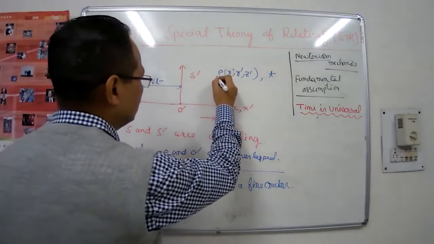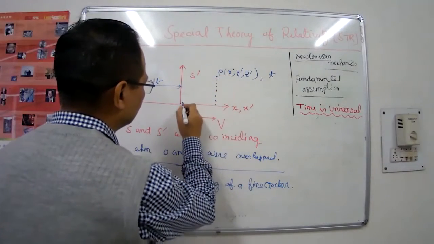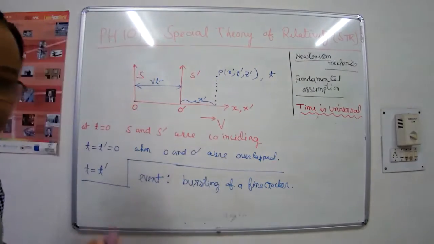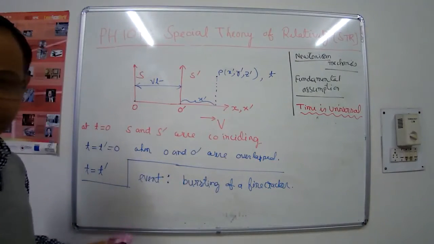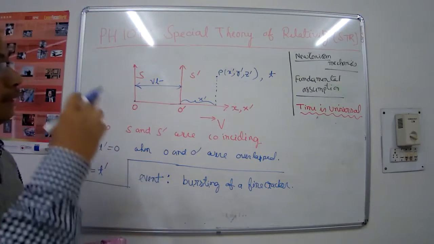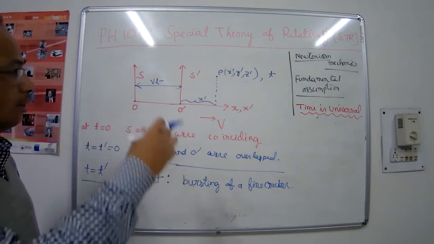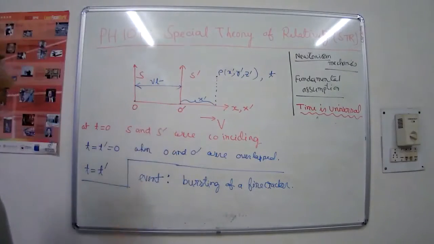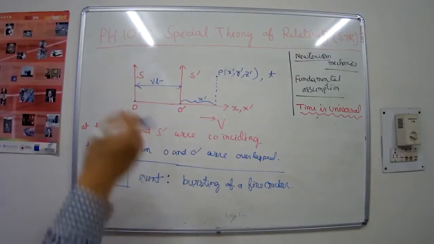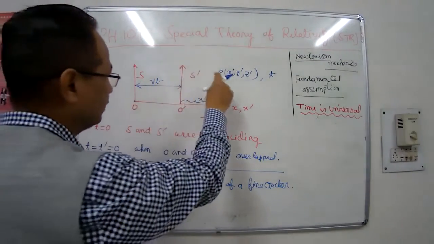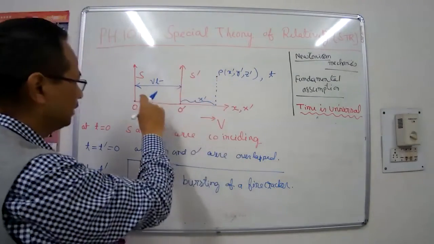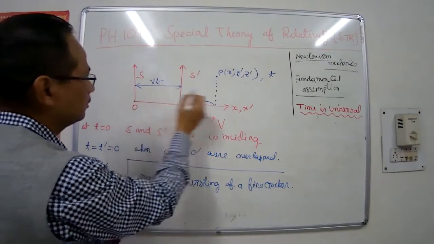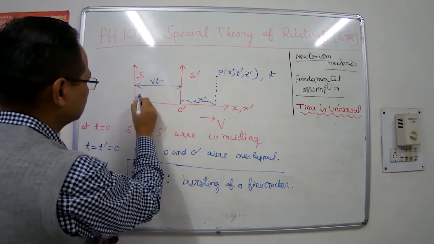What is X prime equal to? You may drop a perpendicular and you know that this length is equal to X prime, because it is the observation made in the frame S prime. That is the distance along the x-axis of the projection of P from the origin O prime. Now what is X? What is the location of the event P along the x-axis as made by frame S? So that will be this distance